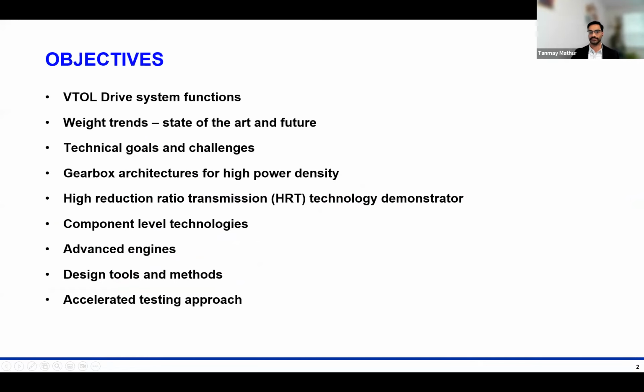So we'll start with the introduction to the basic functions of the drive system in a powered lift aircraft. Look at what the weight trends look like. And then what are the current technological goals for the rotorcraft drive system and associated challenges in maturing these technologies that meet the goals. Then we'll talk about new experimental gearbox architectures that enable very high power density. And here I would specifically talk about the high reduction ratio gearbox technology demonstrator that I've been working on for